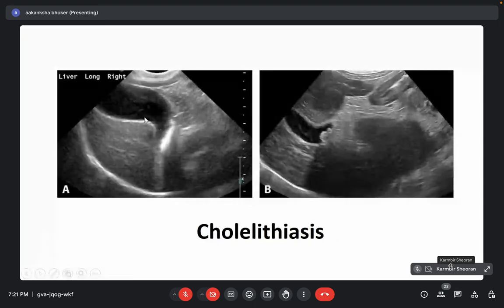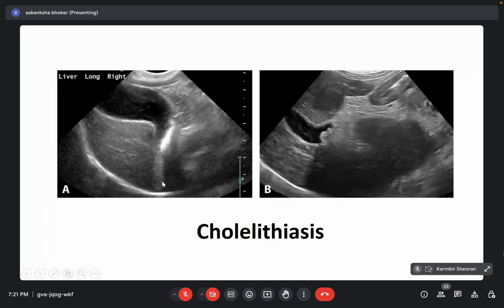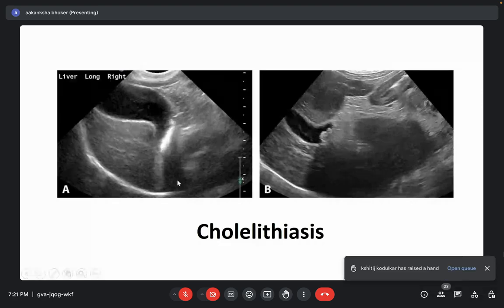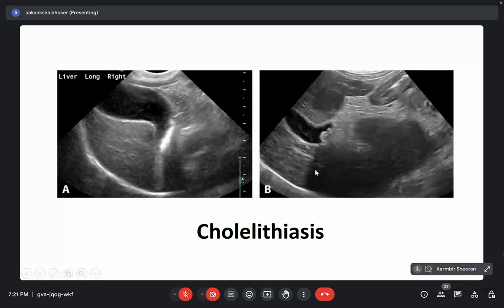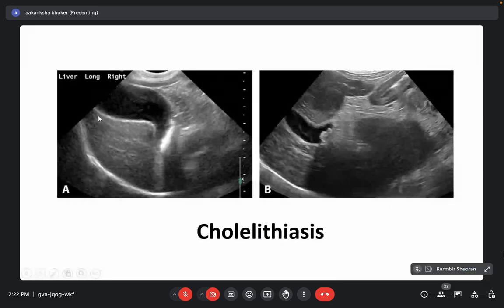And here we can see this is colilith. These are coliliths. There can be stone formation within the gallbladder, and these stones will cast distal acoustic shadow. There will be shadow beneath these. So these are coliliths. The wall, again, you can see this is very hyperechoic generally, and it appears thickened also,